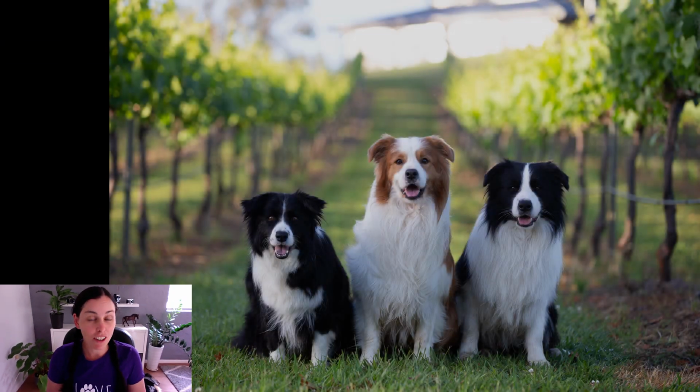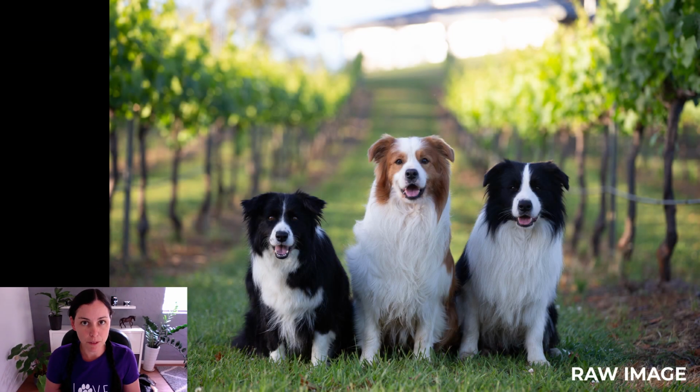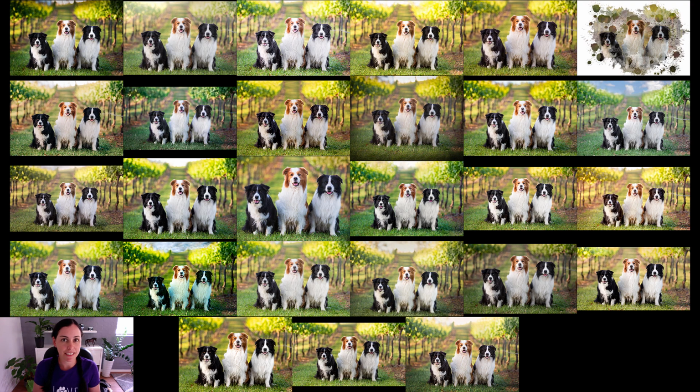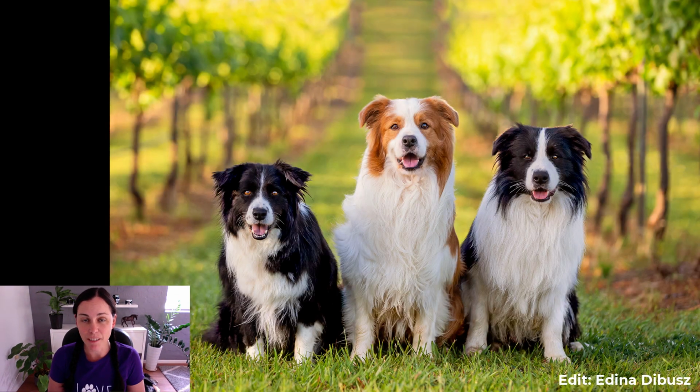For this challenge, I wanted to try and get as many of my real shooters to participate as possible, so I chose one of my favourite images for them to edit. This shot of Border Collies, Faith, Blue and Yoshi was shot at a local vineyard for my book, Tales of Brisbane, back in 2016. Out of all the different submissions that I received, I chose Edina's edit because I absolutely